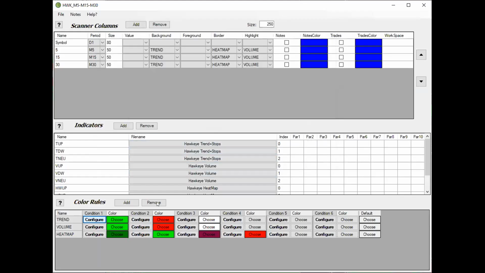So from that, I can look at any of the configurations or colors of each of these windows and define them based upon the variable names I have here. I have full access to every single one of these indicator names within my configuration rules. Once I have my rules set, it's just a simple look. You say, if the trend is green, then I want to make the cell color green. And I put the trend name right here. You can see trend, volume, heat map all come up into this level, marked here, in the background color, so that when I go back to my chart,